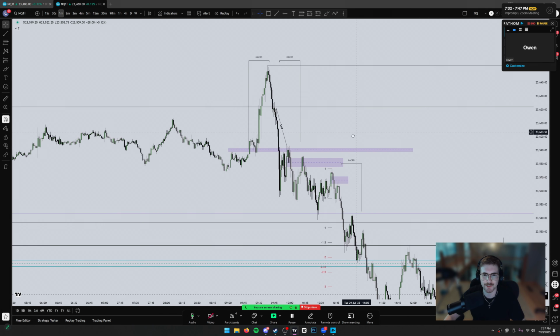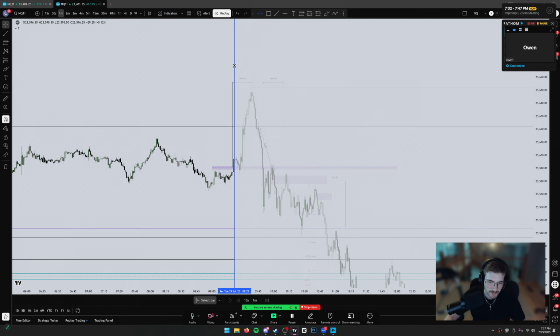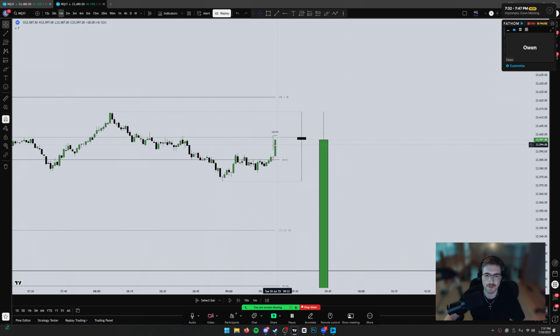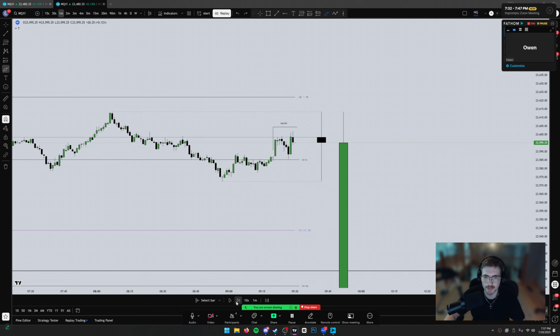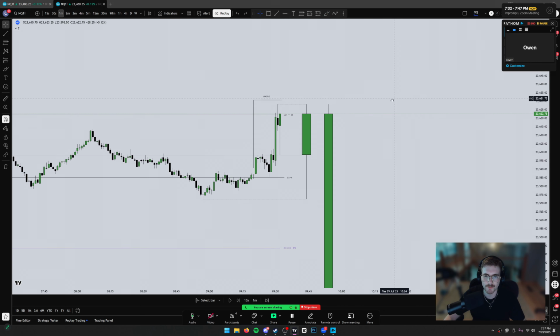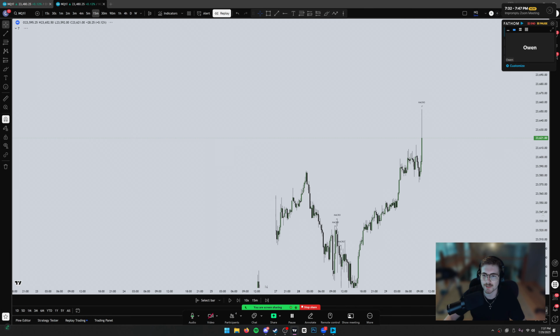And if we come over here on our NQ chart, we'll see that market open was right around here. This is the start of our 920 macro. And here's our bearish manipulation level. Okay. So if we play this through, market opens, we tag that level, and because we are at all-time highs,